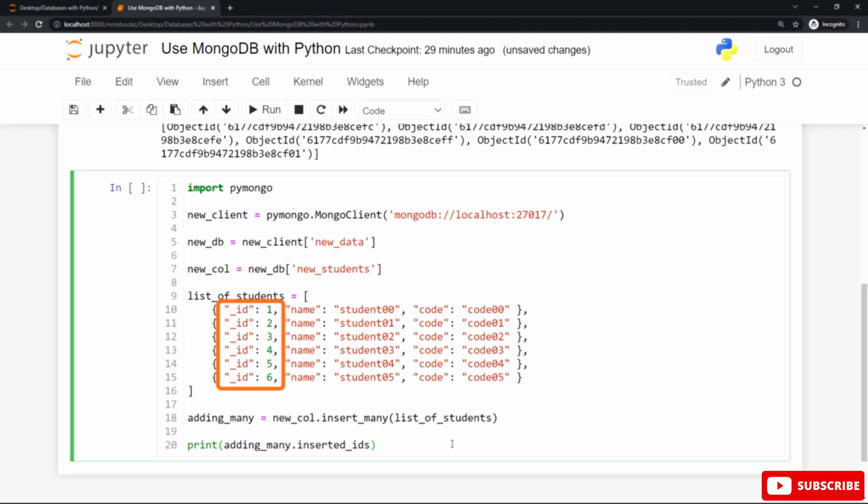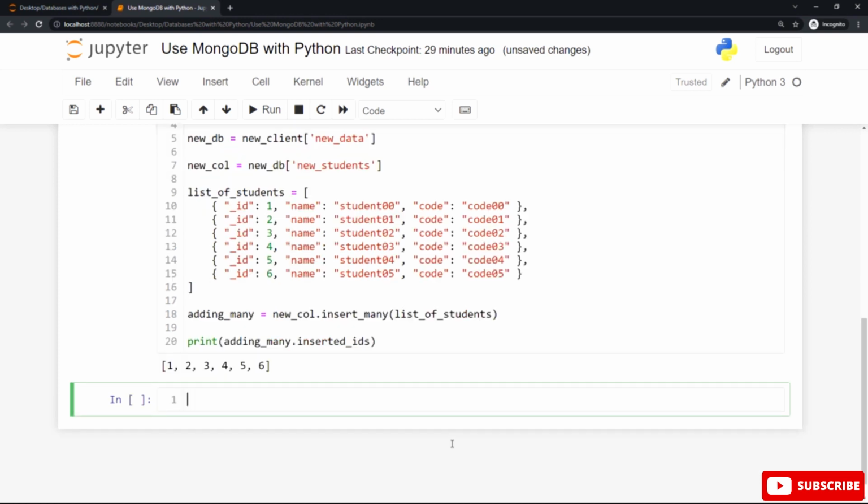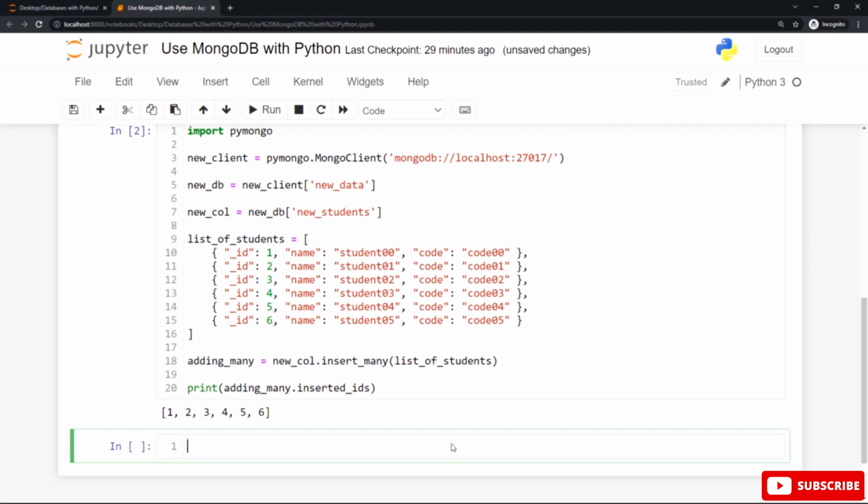As you can see, you can specify the ID numbers this way to insert unique numbers instead of the automatic ID numbers. And once you hit shift enter to print out the inserted IDs, you can see a list of our unique ID numbers 1, 2, 3, 4, 5 and 6, all inside square brackets inside a list, as you can see.